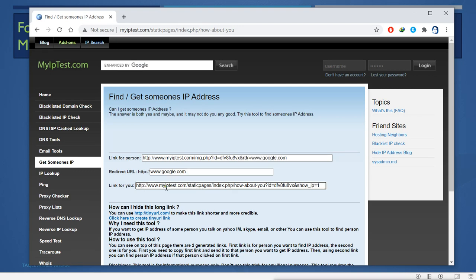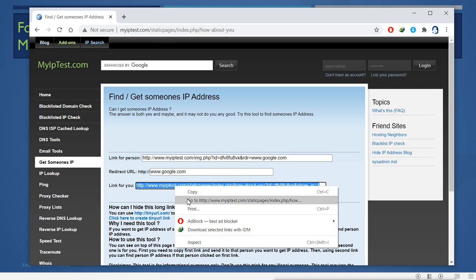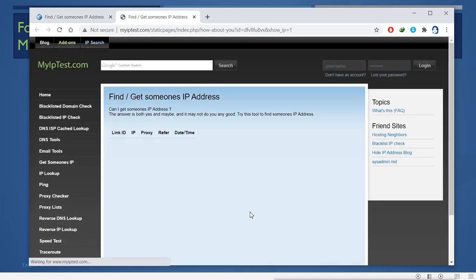This URL is for you, that means for us. So you have to copy this URL and open it in the browser. Now here, when the user clicks on that link, you will see the information: the link ID, the IP address of that person, whether they are using a proxy or referrer, and date and time also.